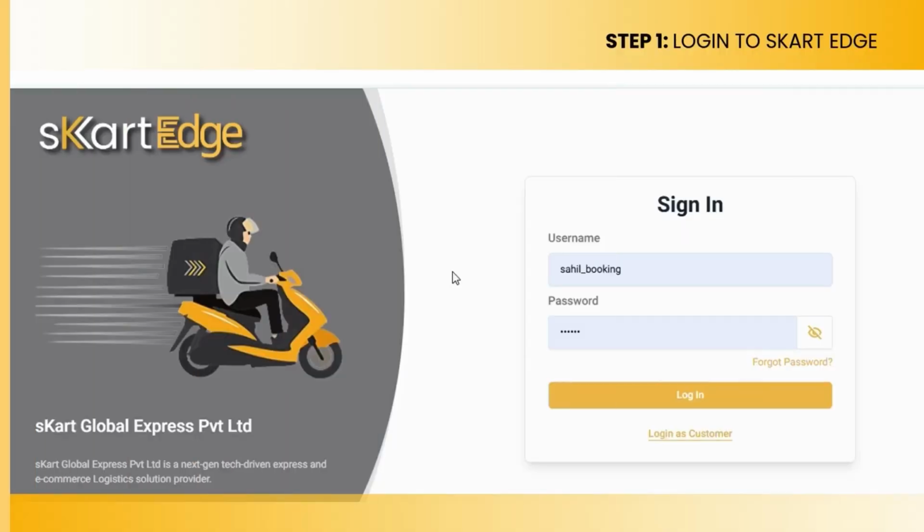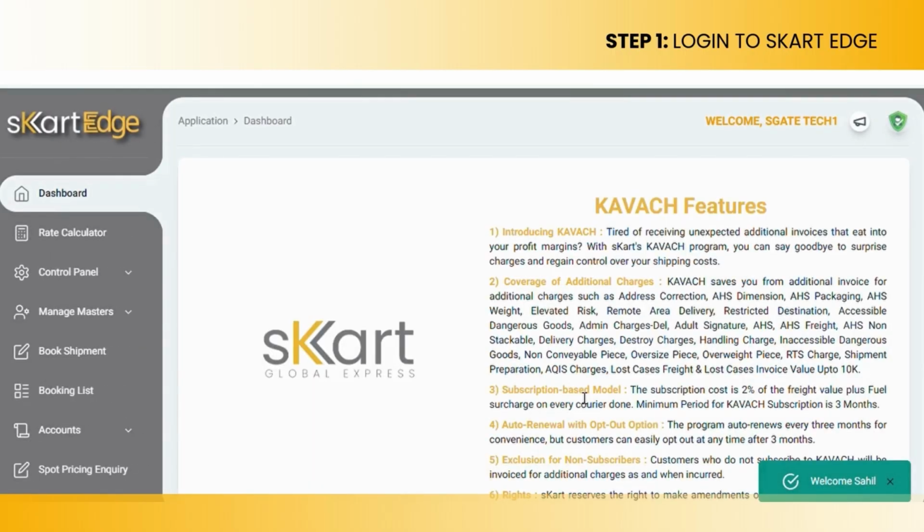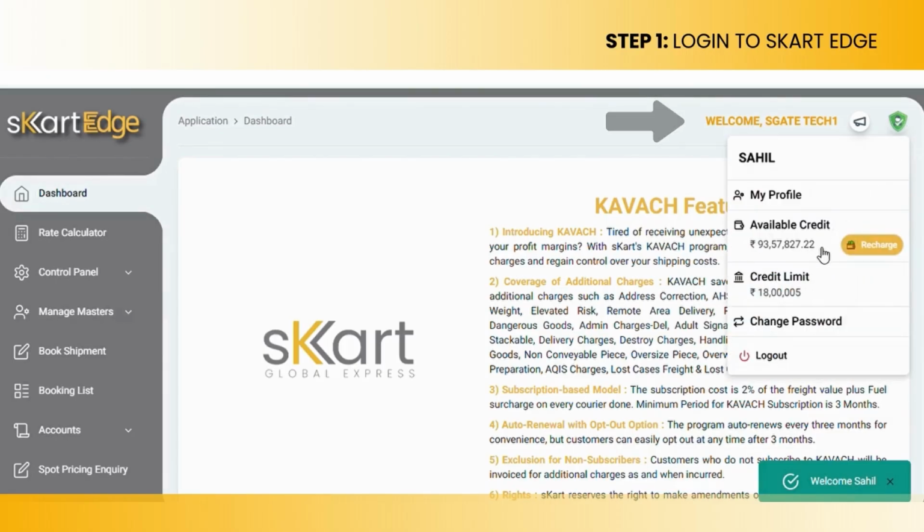Step 1. Log in to SKart Edge. To begin, log in to your SKart Edge customer portal using your user ID and password. Once logged in, you'll land on your dashboard. At the top right corner, you'll see your company name and profile section. Here, you can also view your wallet balance, which is used to create airway bills for both export and import